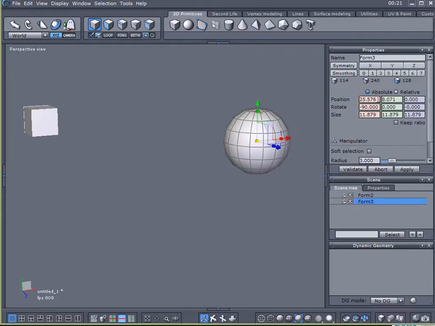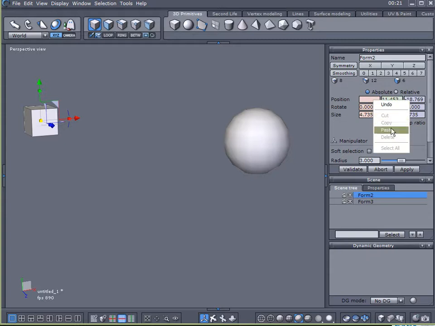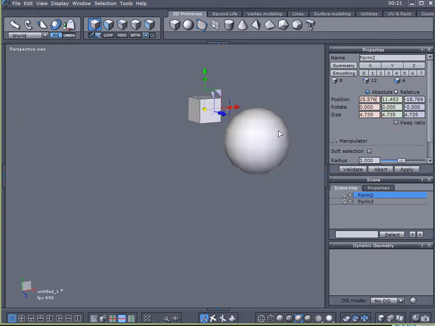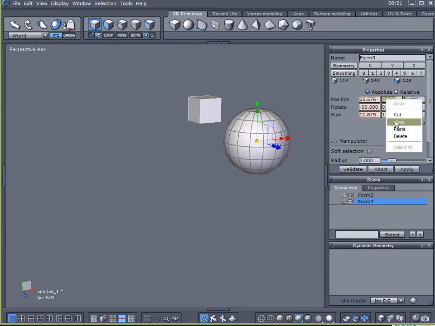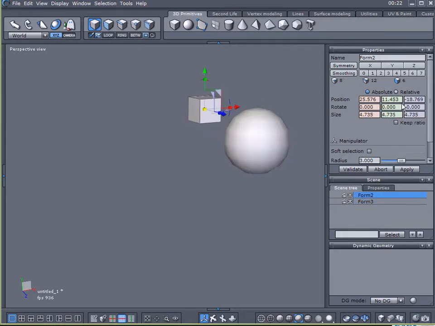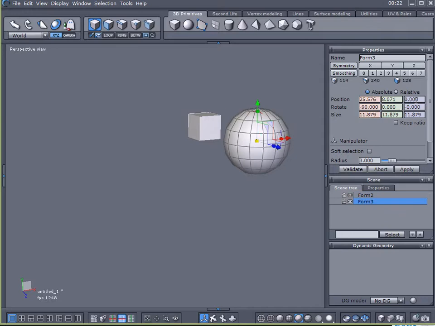So I'll click on the sphere, copy the x position, click on my cube, hit delete, paste that number, click on my sphere, copy the y value, paste that in here, hit enter, and then on my sphere it's sitting at 0, so come back to my cube and I'll zero this out,